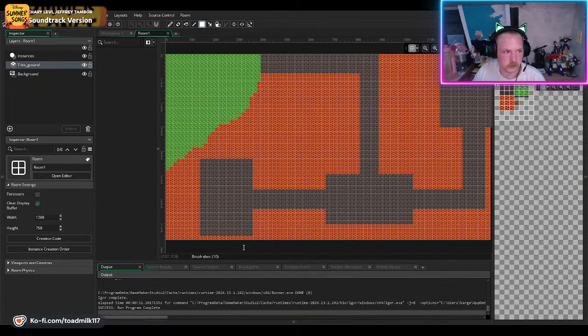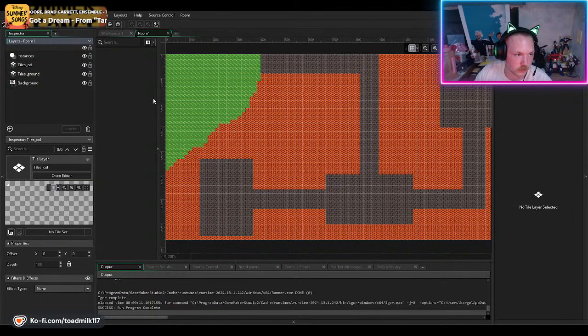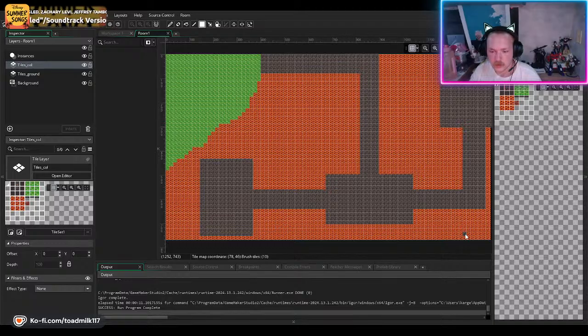Okay, so I want to do another tile layer. And this new tile layer is the collision, so I'll call it cull. And then this one also needs a tile set, so I do the same thing as before. And then I take one of these, and I'll use the line tool